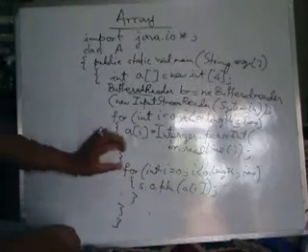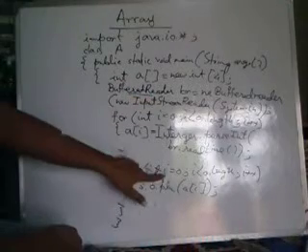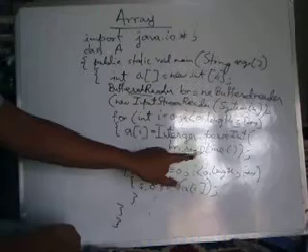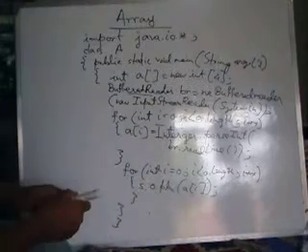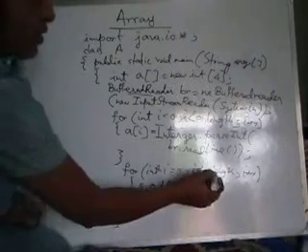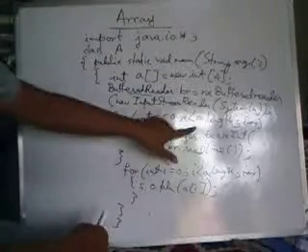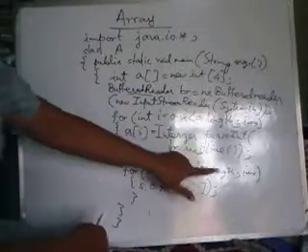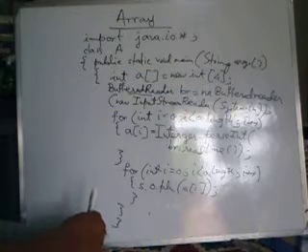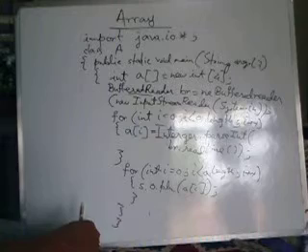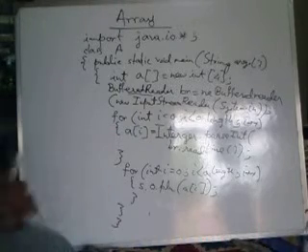Now this time it will print contents of the array. So i will be 0, first it will print the value of A[0]. Then i will be 1, it will print the content of A[1] and so on. And in both the cases we have used the length operator which will actually calculate the length of the array, a.length and a.length. So this is a program by which we can take input within the array as well as we can print it.